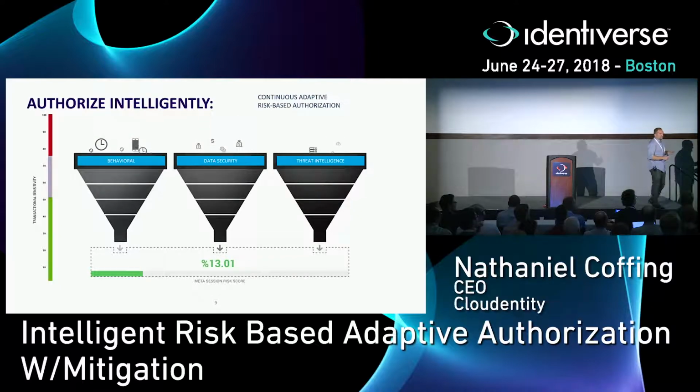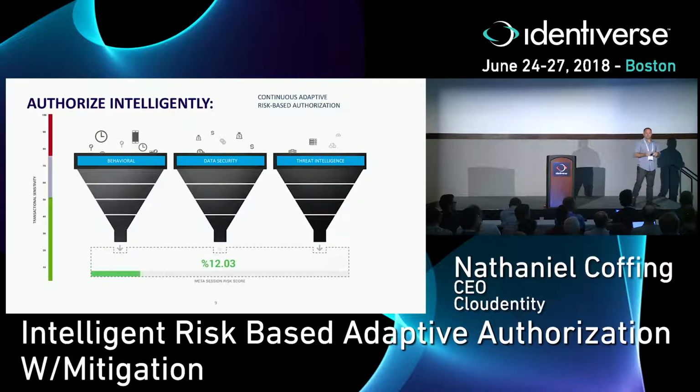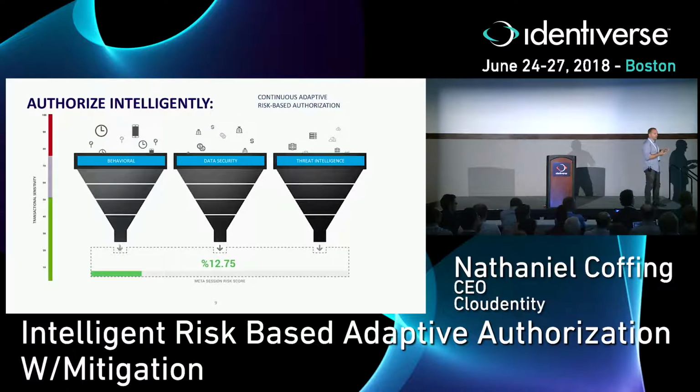Maybe on the left-hand side, I actually want to set up my policies that are dependent on risk, right? And I want to move to, let's call it, a non-binary authorization policy, right? So instead of just yes or no, what about if in the middle I have a gray mushy area? And that gray mushy area is mitigation. So when I start to think about how can I improve customer experience, I never want to block a customer. I mean, everybody in here has had a BU that said, no way, we're not going to block that. So how can I actually do something to increase trust right in the middle of the transaction? How can I use that gray mushy area to actually improve the user experience? Add the friction when it's needed, leave it out when it's not.